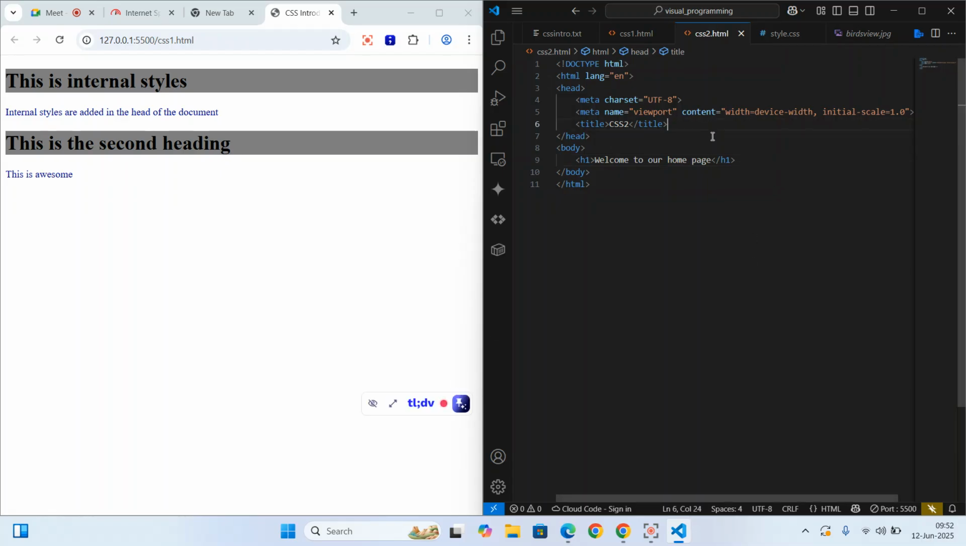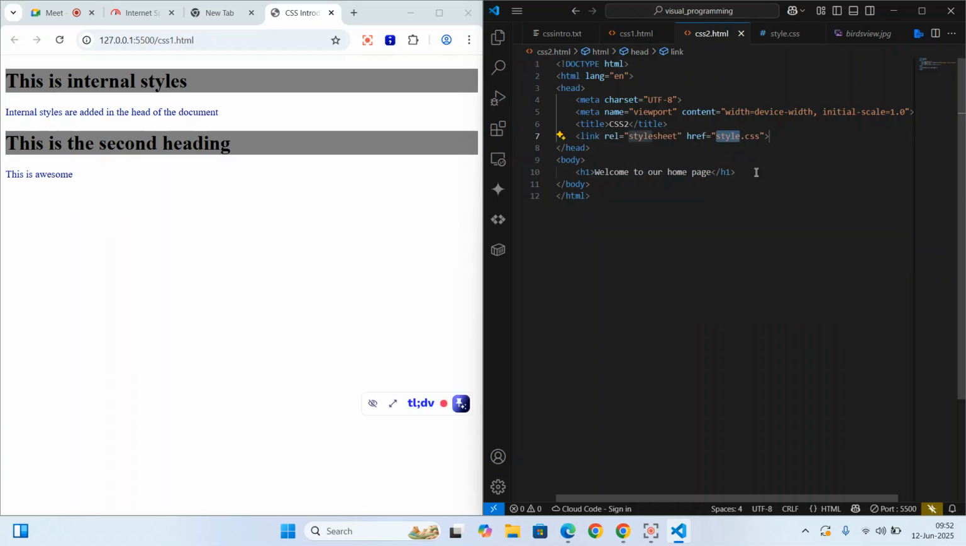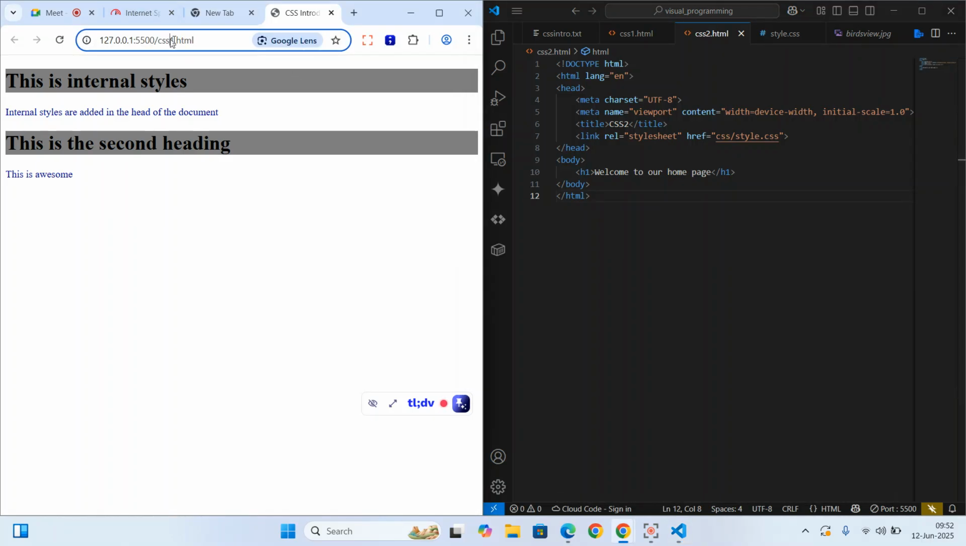Now, if I come here and put a link to CSS and apply that, you can see it automatically put stylesheet. Of course, it assumes my document is called style, but it's inside a folder called CSS, so I'll just correct that. So CSS slash style. That allows me to access that. Now, if I was to open this CSS2 here,